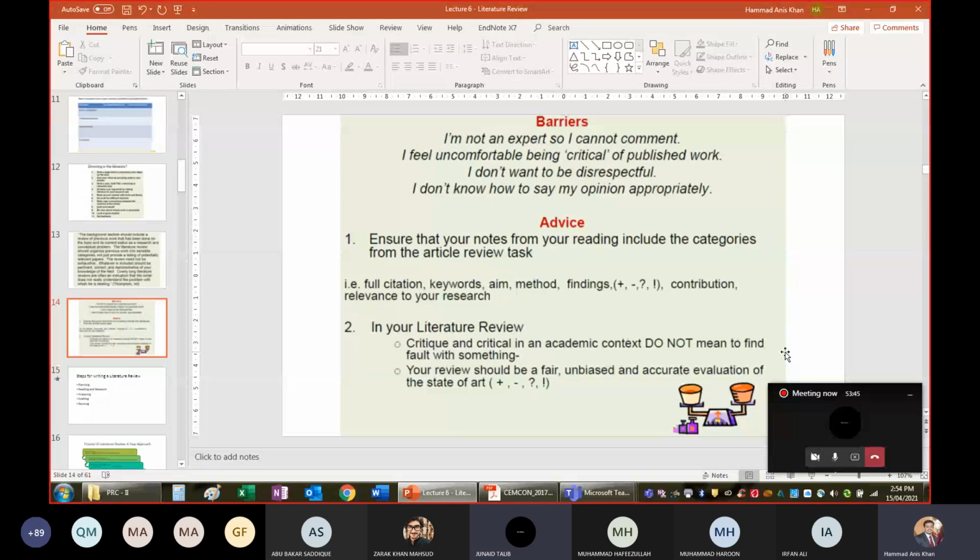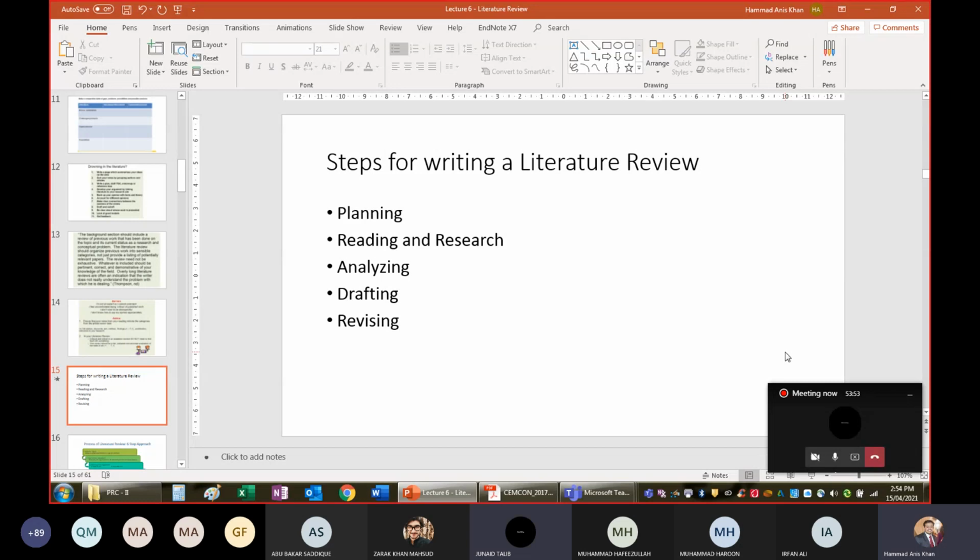And based upon your point of view, you can find out that this has not been done, and this is the gap which I'm studying. So this chapter needs planning, reading, analysis, drafting,